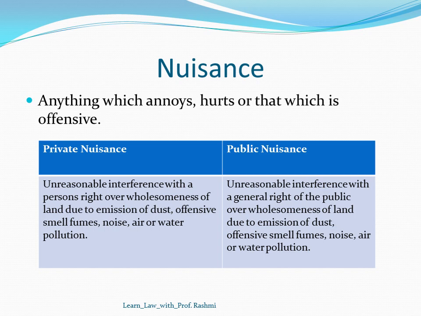So the primary difference between private and public nuisance would lie in the remedies sought. Public nuisance is treated both as a tort and a crime. So there are different standards which are used to determine nuisance in different areas. For example, a particular amount of noise won't be considered a nuisance in an industrial area, but the same amount of noise could be considered a nuisance if it is a residential area.